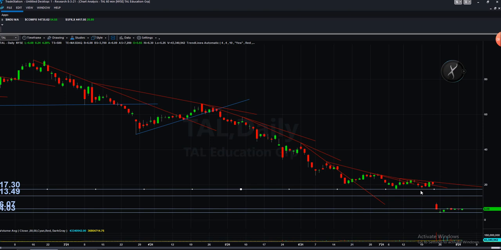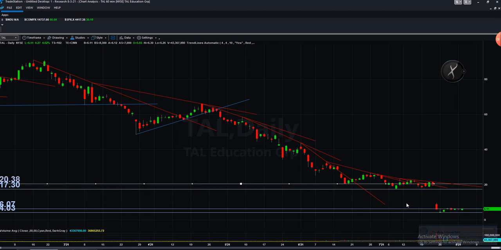Okay, I'm looking for the bottom from our gap difference. $17.30 looks like our resistance line. What is going on with my network? Okay, now